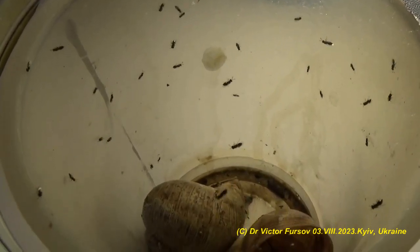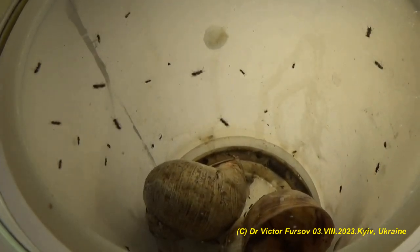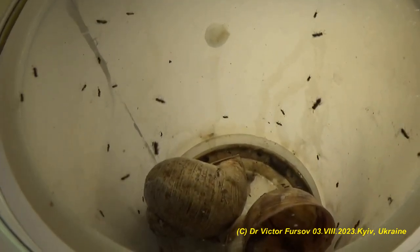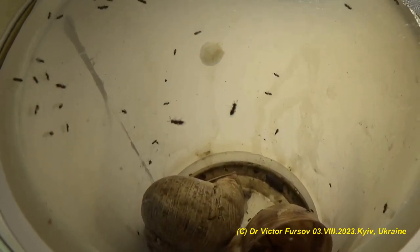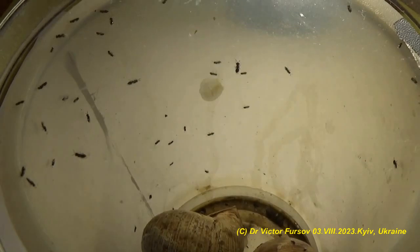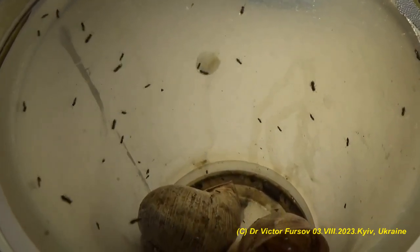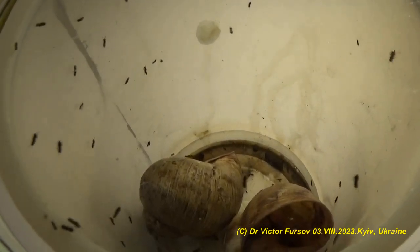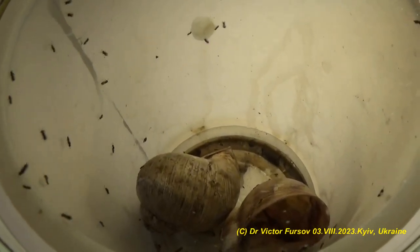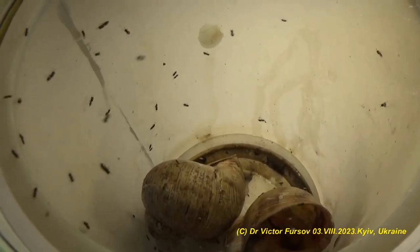And on the bottom of the jar, they are trying to escape from the shells of snails. Two shells. How do they connect between them? Why are they associated with snails? This story starts from the snails, because I collected by accident two snails, but unfortunately these snails didn't survive and